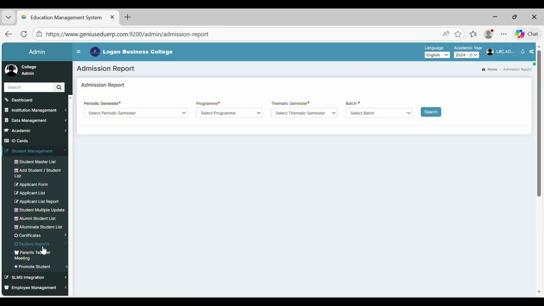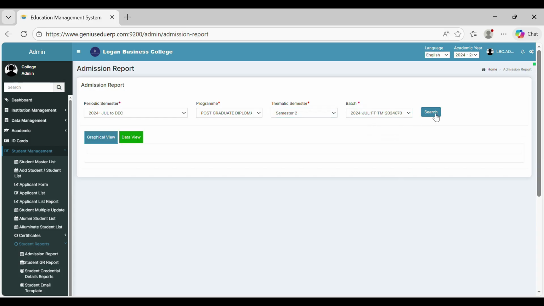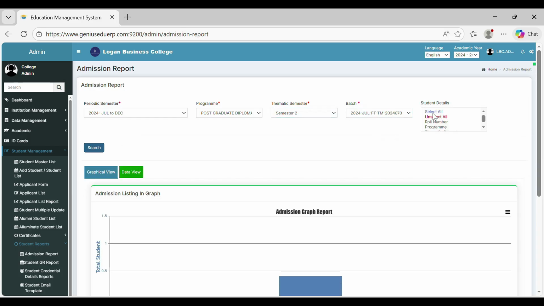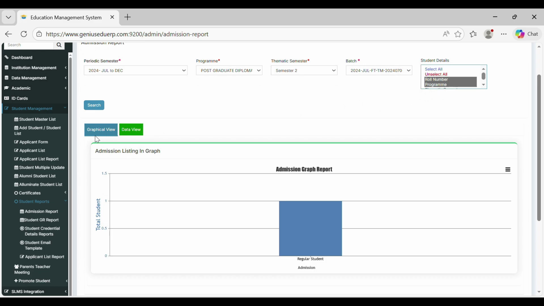Now come to the Student Reports section. Under the Admission Report section, select the periodic semester. Select the program. Select the thematic semester. Select the batch. Then click on the search button. Select the student details according to that information, and you will get the student report. Here, you will find a list of all new admissions for that periodic semester, available in either graphical or data